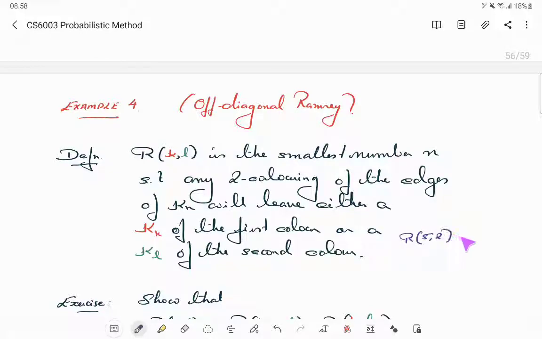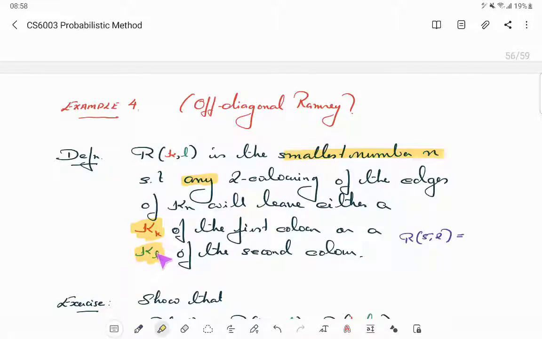5 comma 2? Okay, so you want to find the smallest natural number n, such that any two coloring of this Kn should leave either a K5 which is red or a K2 which is green. Now this K2 which is green is the easier guy to analyze, right? K2 is just an edge, right? So even if you color a single edge with green, you get a green K2, right? Which means if this coloring has to satisfy this property, then